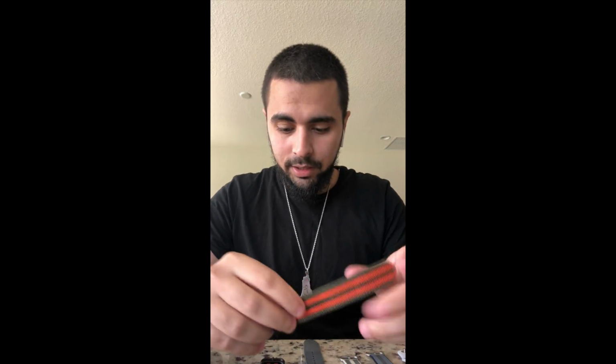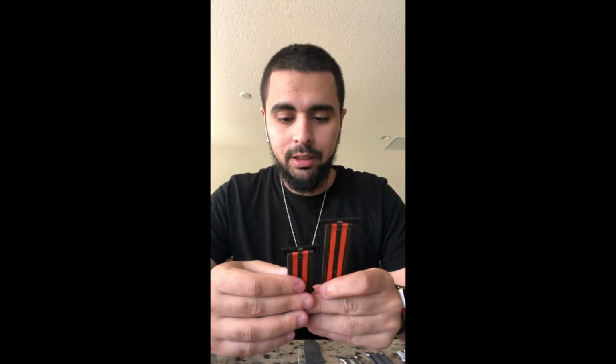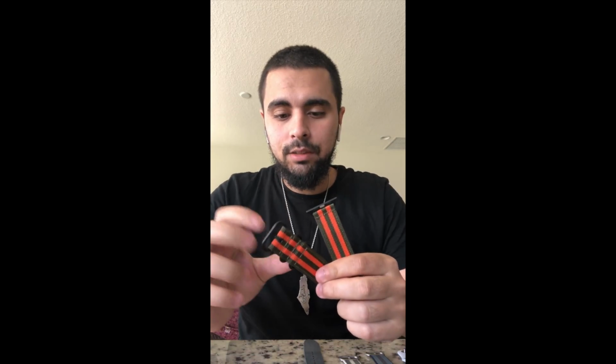So I just opened the packages and I got some samples in for watch bands that I'm going to be researching, and I think I may have found the one. So I'm going to start with this one right here. This is made out of nylon material. This one I received a few weeks ago from one manufacturer that I was dealing with, and